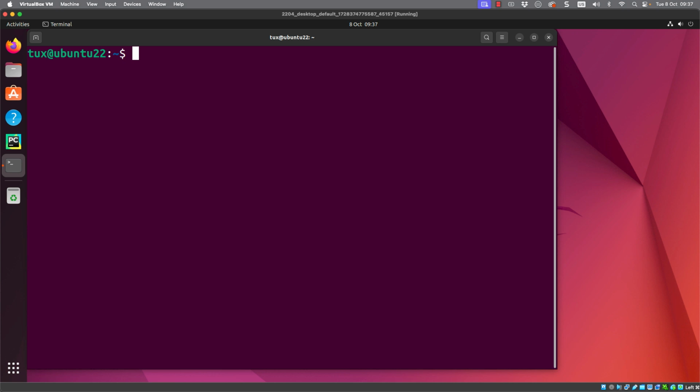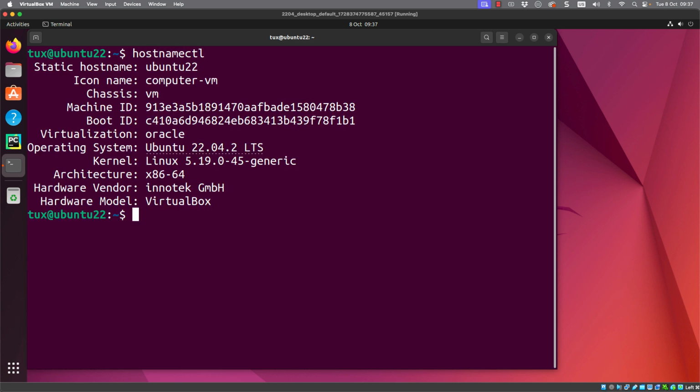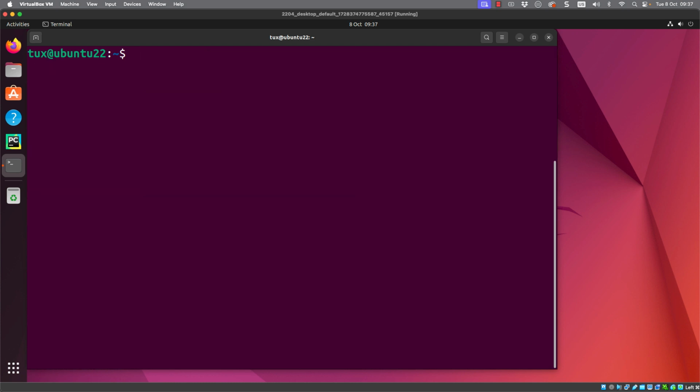And here it is, my Ubuntu 22.04 system. And if we look at our hostnamectl command, we can verify that we are working with Ubuntu 22.04. However, it shouldn't really matter what system you are working on, but we're going to be working with bash scripting and the bash shell.